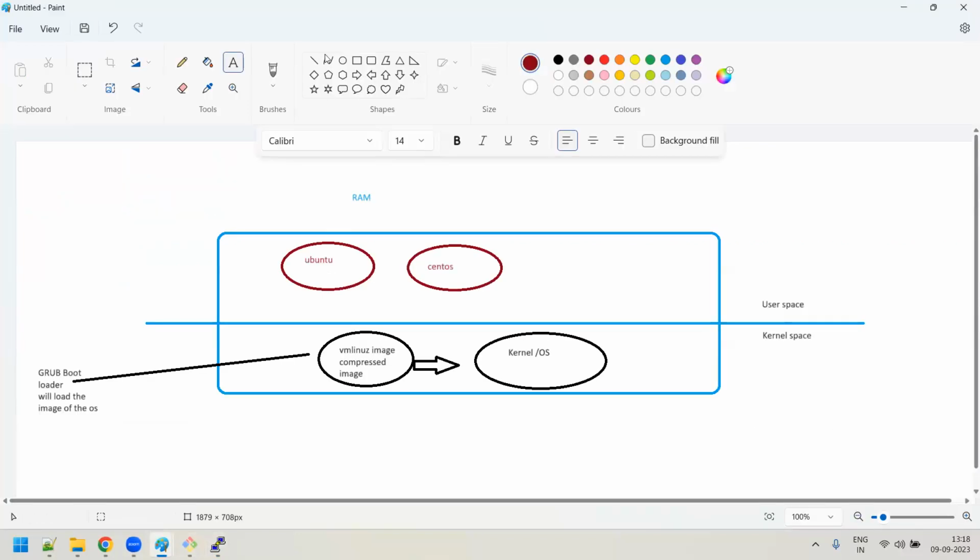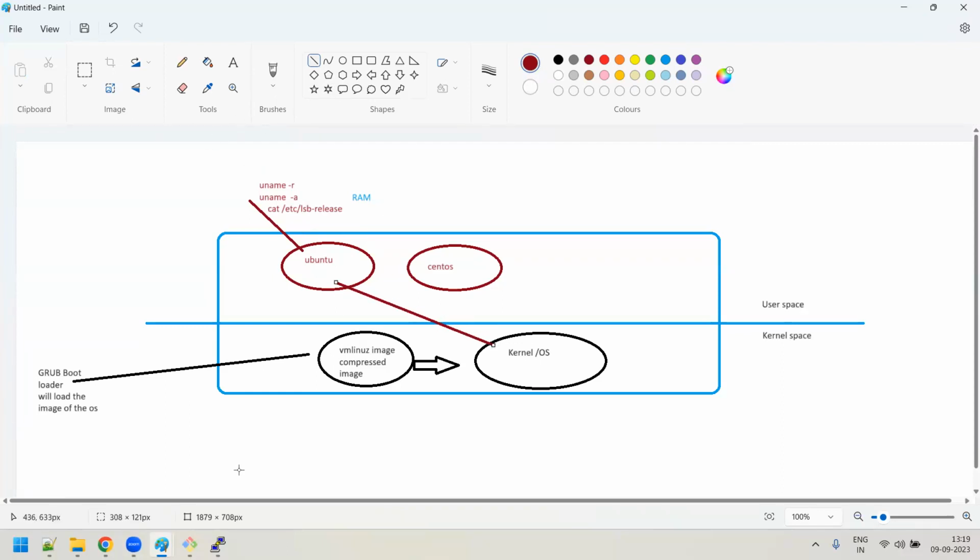When the user Ubuntu is executing a command like uname -r or uname -a, or opening a file with cat /etc/lsb-release, he's performing some task. How will these commands get executed? The commands will be executed by your kernel only.